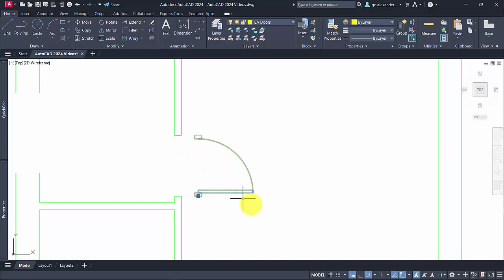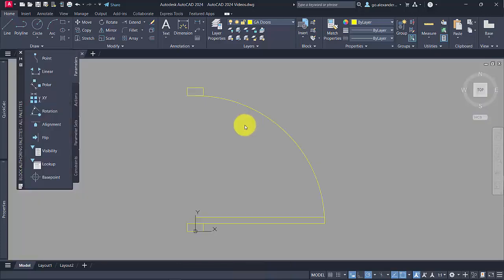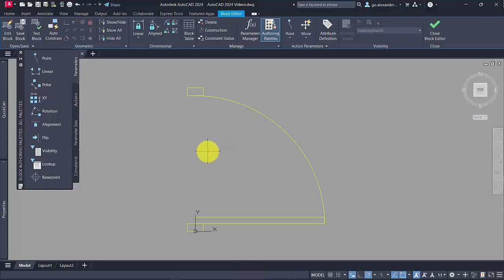So now we have a block, but what we can do is go into block editor and add some smart tools to this to make it a dynamic block. This brings up a palette here for the block authoring palette. We'll choose the flip parameter and we'll specify the base point of the reflection line for the flip. So for this one we will choose align this direction, and we'll call this one,